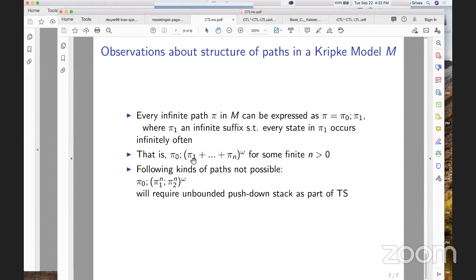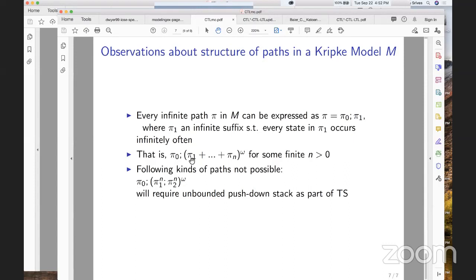You can see pi 1 to pi n, and then you have some omega. So this gives you a pattern: you can only have some tail, plus one of a finite number of ways of a pattern that occurs infinitely often at its tail. And since there are finitely many, you can construct this in such a way